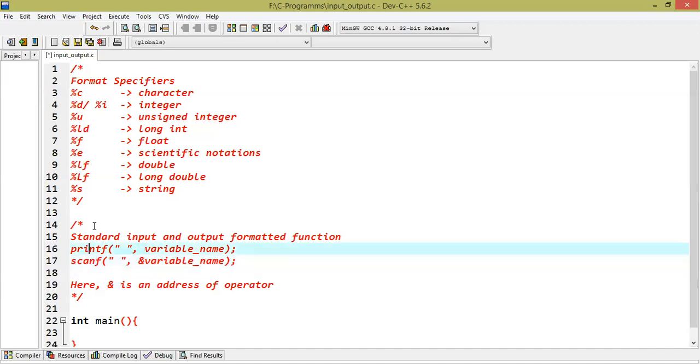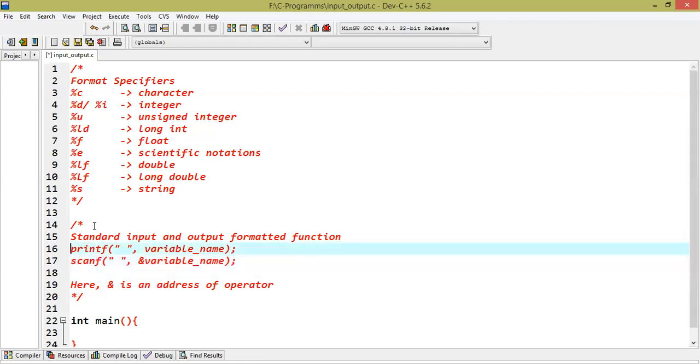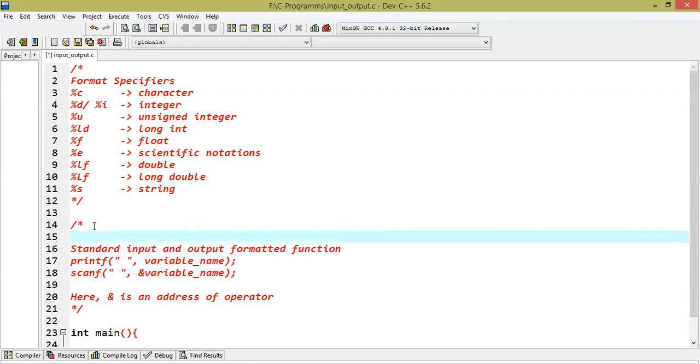These two functions are part of one header file. To use these two functions, we need to use the header file stdio.h. So before using them, we must include this header file using the #include preprocessor directive.